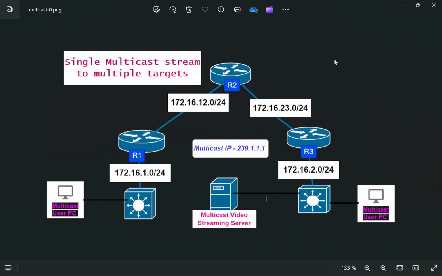In this project, I am going to configure multicasting on internet, single multicast stream to multiple targets. So this is my diagram. Here router 1 connected to router 2 connected to router 3, and router 3 connected to the switch, and on this switch there is a multicast video streaming server, multicast